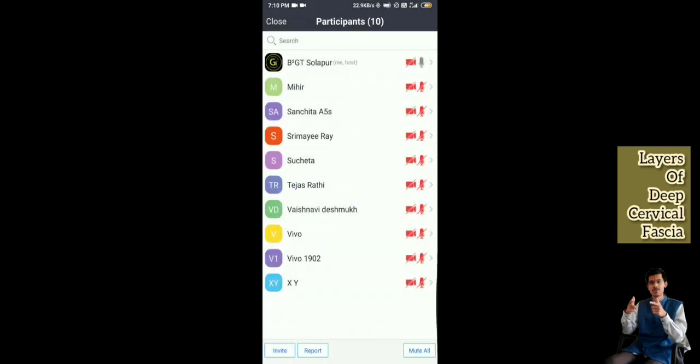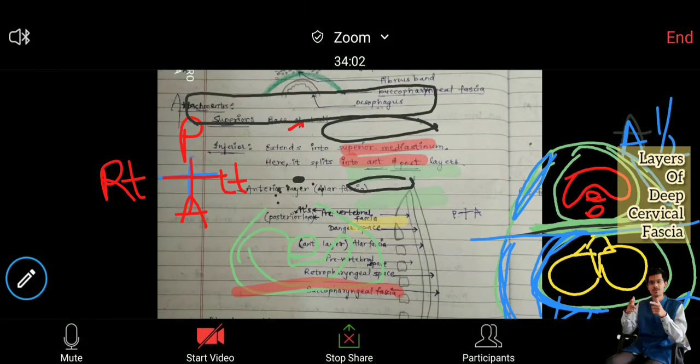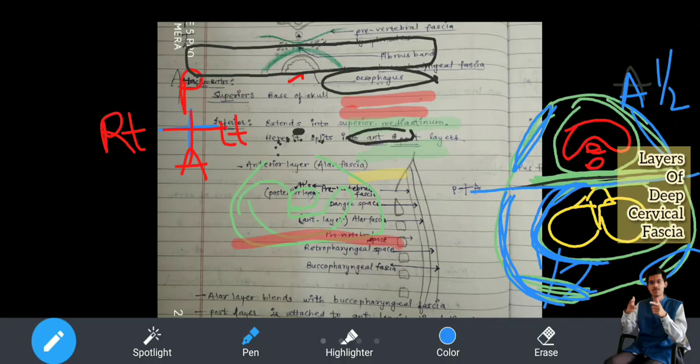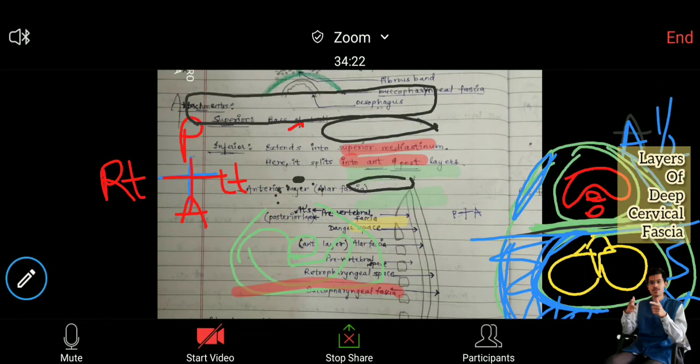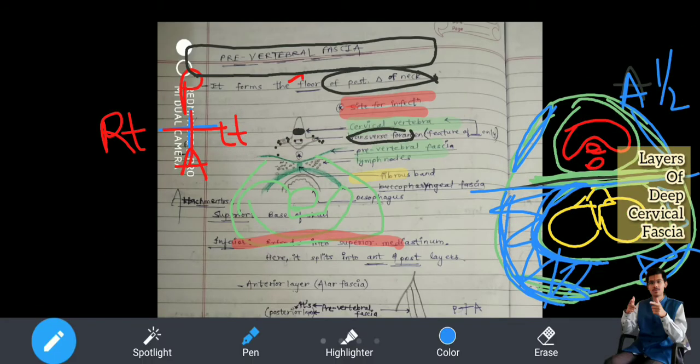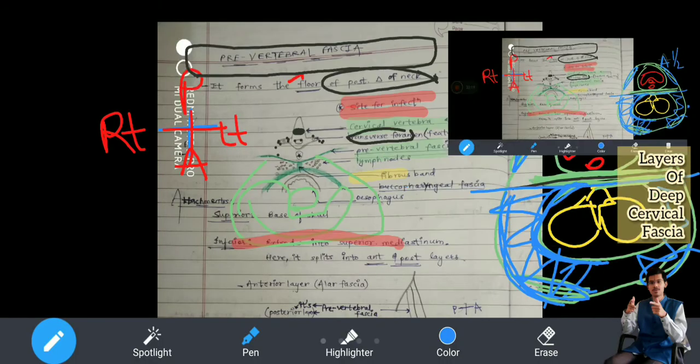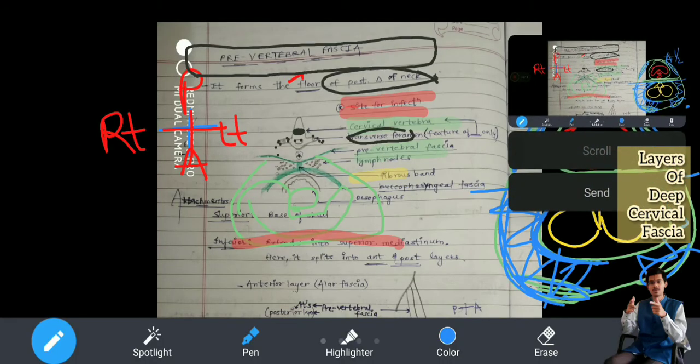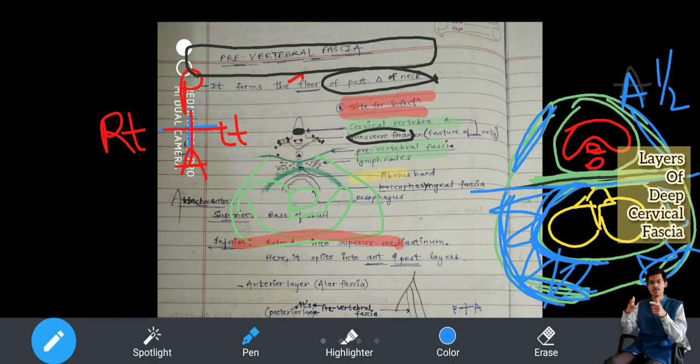If you see this diagram, the posterior triangle content is within this on either side. I hope I have made you understand this. What happened, did this diagram shift upwards? Oh, this is the problem. Just a second. Now it's okay. So you can take a screenshot of this. Simple, no? I hope you've understood what I wanted to explain in detail.